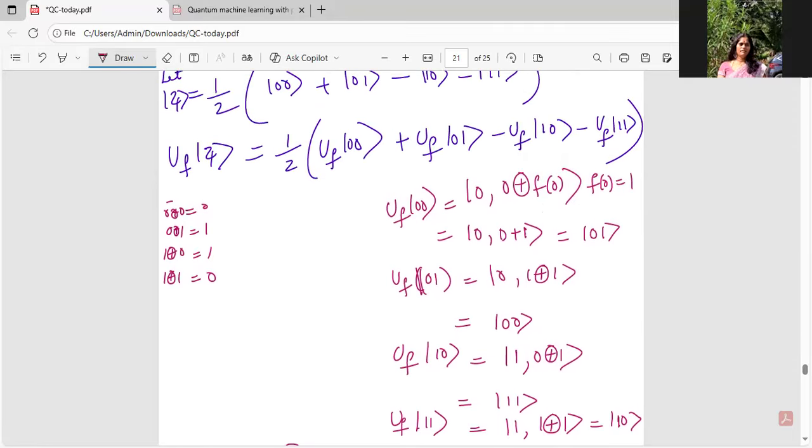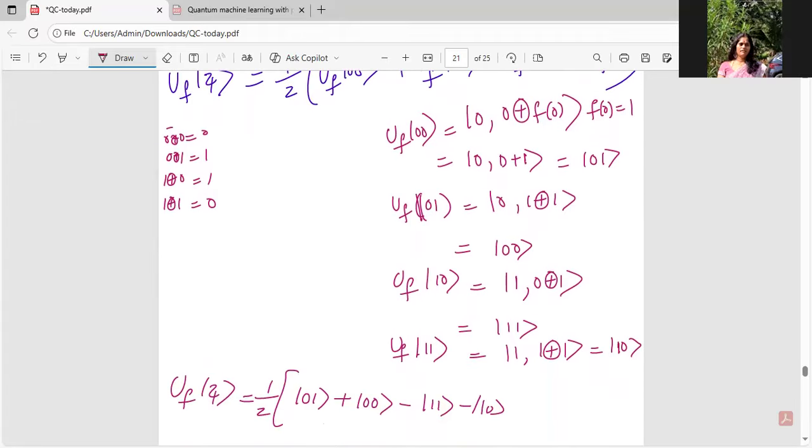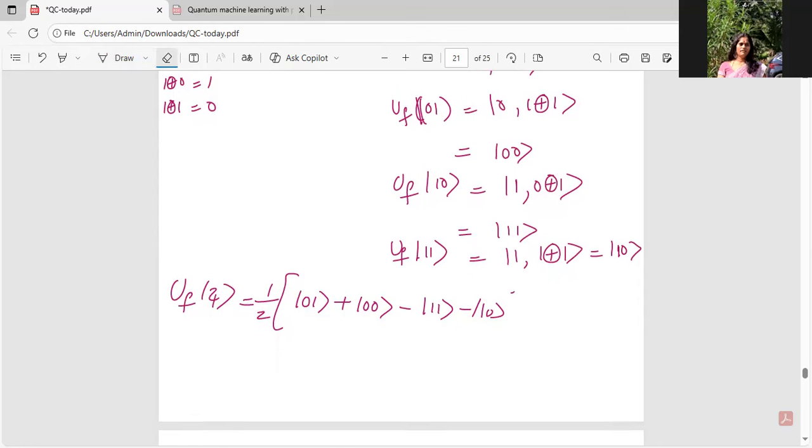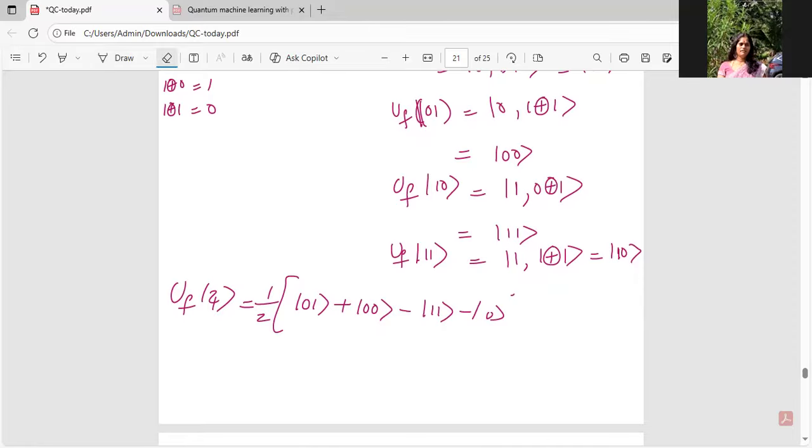Which has a negative sign? Both of them have a negative sign. Okay. So 1, 1 got transformed to 1, 0. 1, 0 got transformed to 1, 1. Okay. Of course, there are many changes, by the way. I'm just talking about the last two terms. Now, immediately next, what I will do is, this state, I will rewrite this. This is not looking good. Minus 1, 0. Okay. So this one, let us call it ket xi prime, guys,